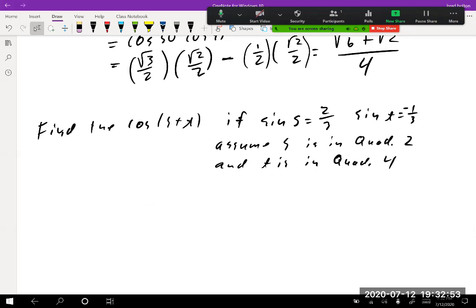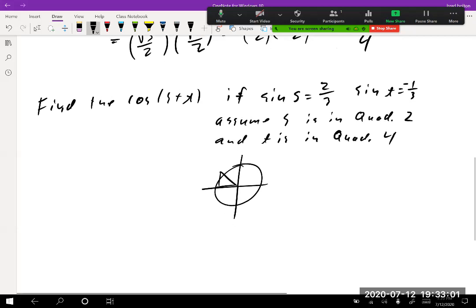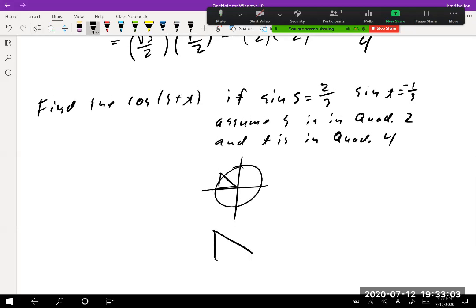But technically, if we know the sine of S, and it's in quadrant 2, that means we have something like this. So we have this triangle. And again, drawing the unit circle or drawing the circle with your triangles really helps you understand what you're doing. Okay, so we have that. So then if this is the angle S,